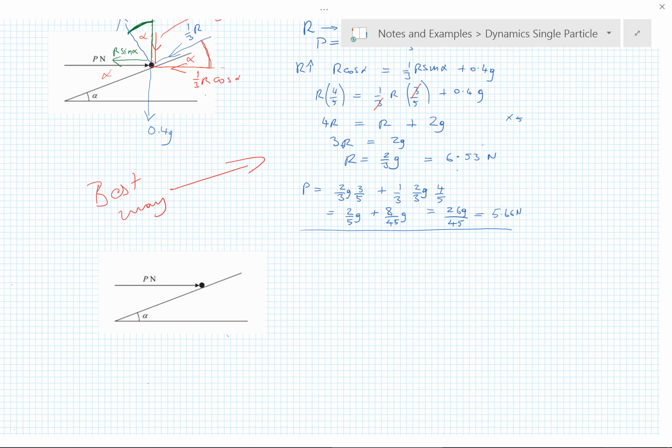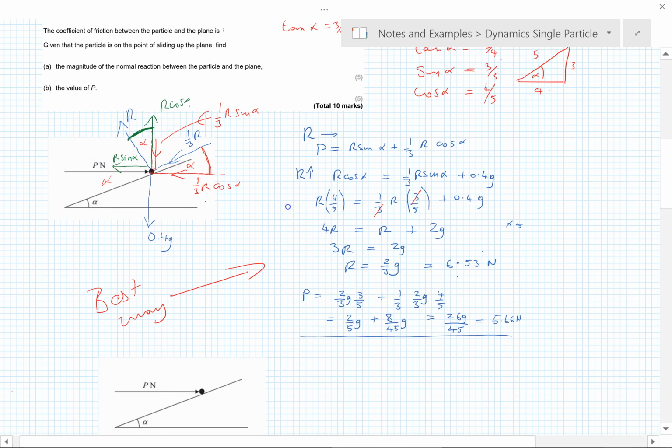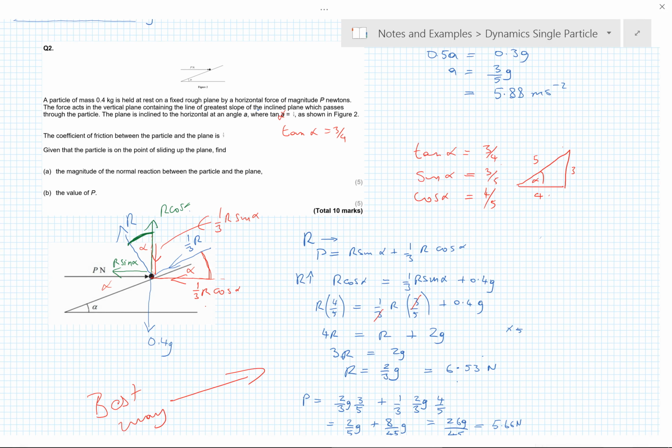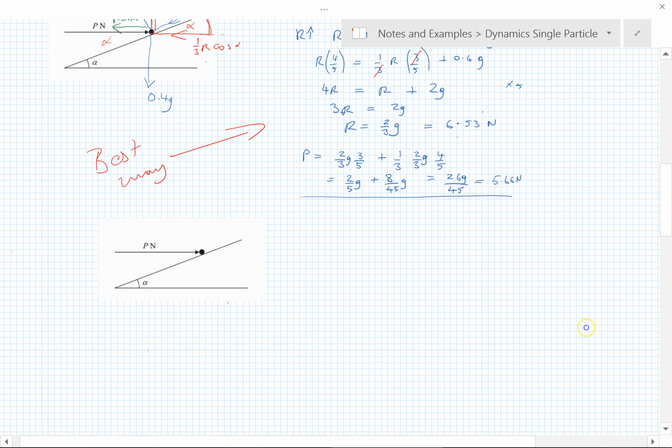Okay, this is the second part of going over a few questions we did for directed study. I'm sorry, the first part ended abruptly. We did this question in a more efficient but slightly unusual way, where we had an inclined plane, and it was found to be better to resolve horizontally and vertically, which is rarely the case. Here it was the case because we had a horizontal force and no other forces, so it actually worked out better that way. It's not that bad if you do resolve parallel and perpendicular,